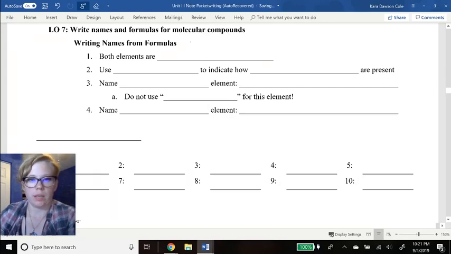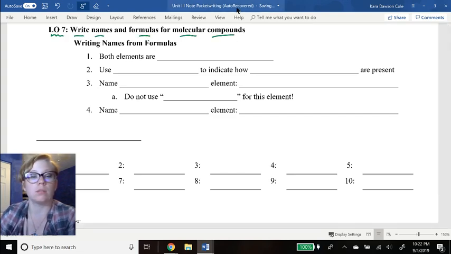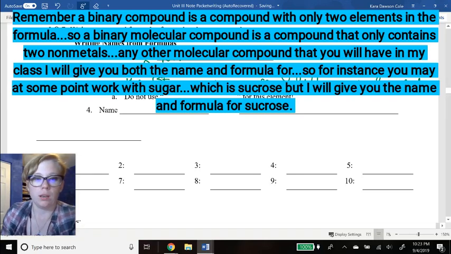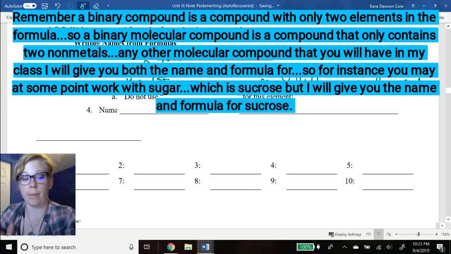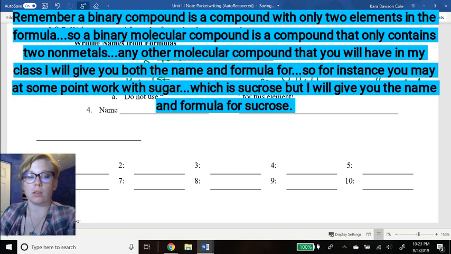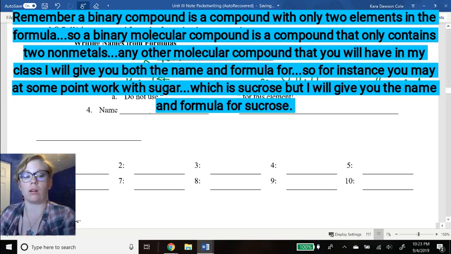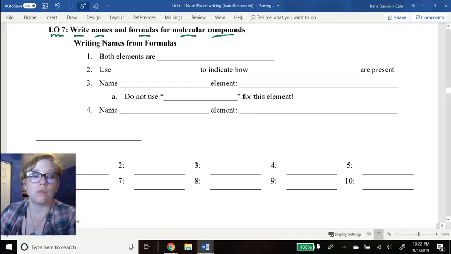Right, so we are looking at learning objective 7, which is to write names and formulas for molecular compounds. The only type of molecular compound that I'm going to have you actually writing formulas and naming for are binary molecular compounds. So all of these are for binary molecular compounds. For molecular compounds, both elements are